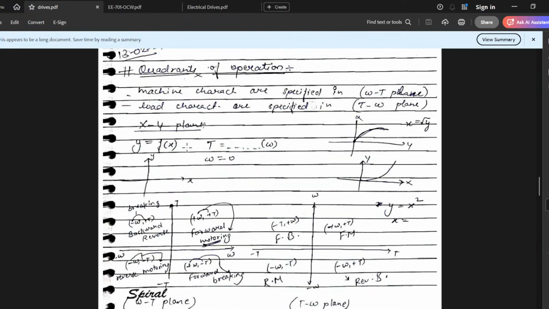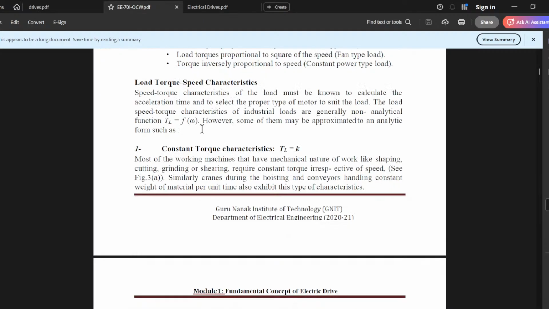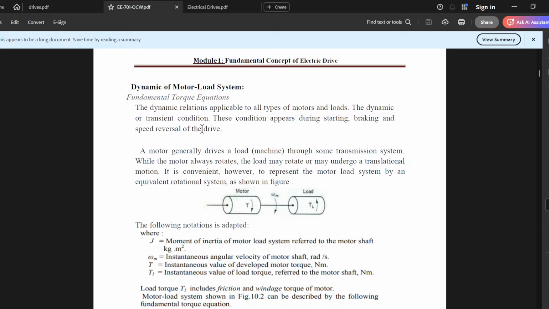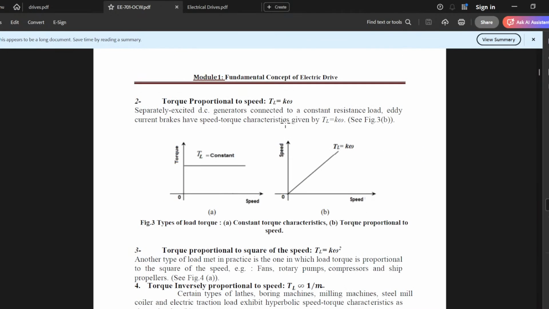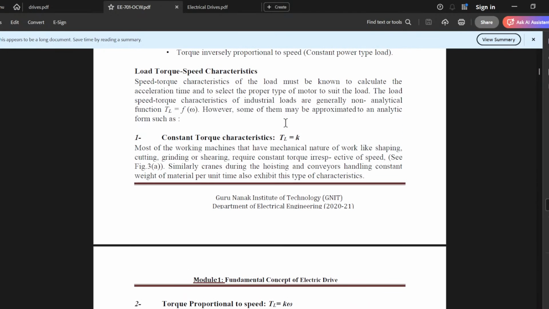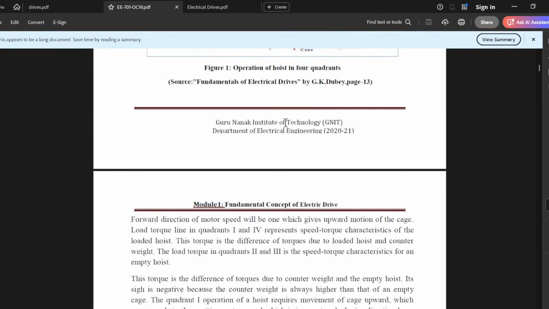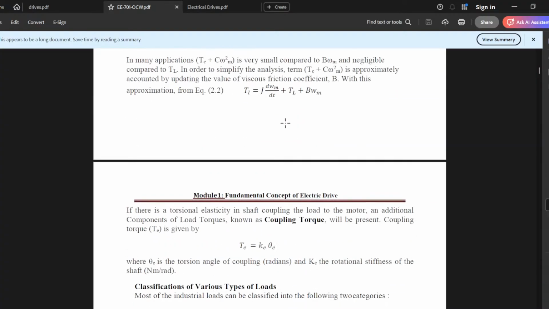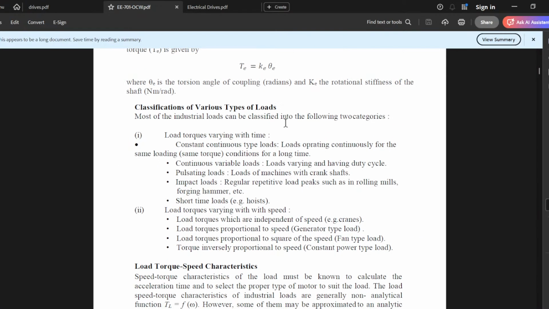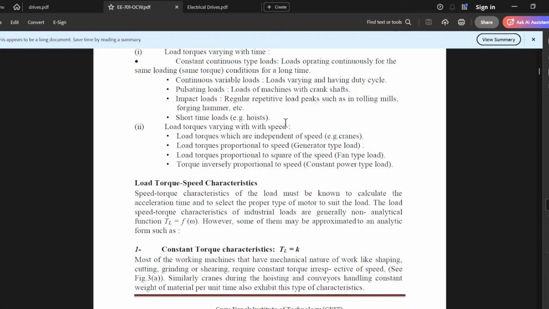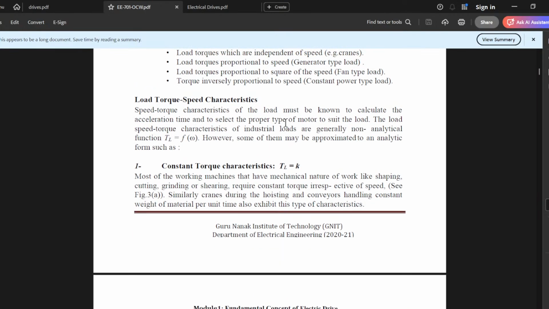And here we have learned that load characteristics are torque speed. So this is that, and where is